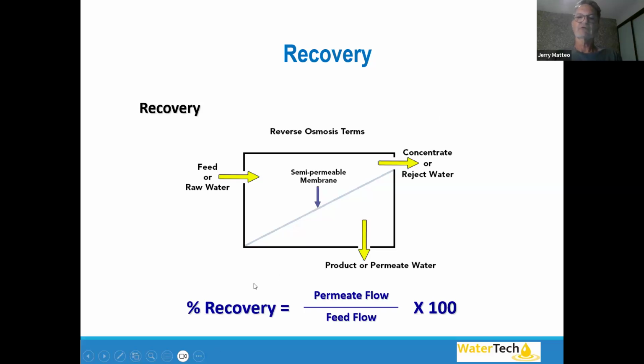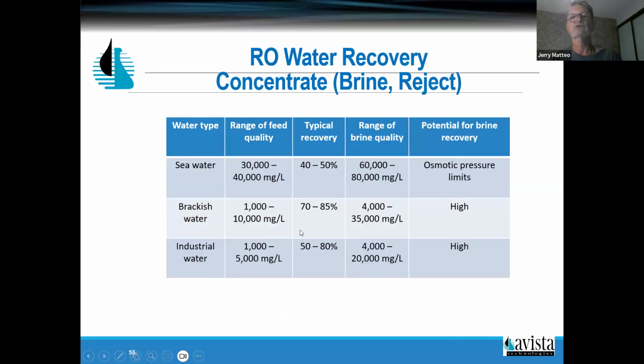A term called percent recovery is how much permeate I'm making per the amount of feed I'm putting in. So it's what water am I recovering as good, clean product water? It is my permeate or product flow divided by my feed water flow. That is my percent recovery. Oh, good. This slide's right here in the red spot. So depending on my water source and the dissolved solids that it contains, it's going to predict really what's practical to produce in terms of quantity